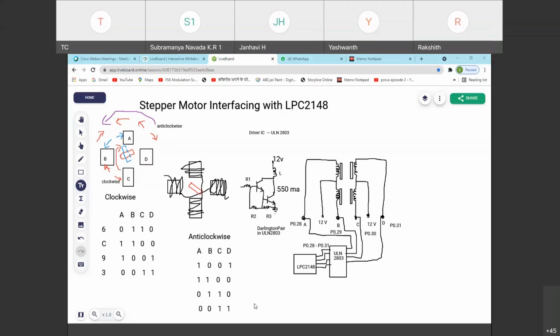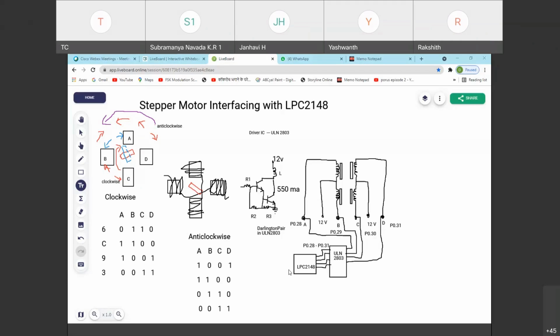This is the simple explanation of the stepper motor: how the values you provide over P0.28 to P0.31 and connect via ULN2803 drive the stepper motor. This is the internal diagram and simple explanation.